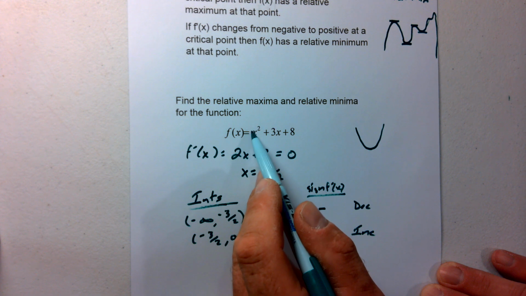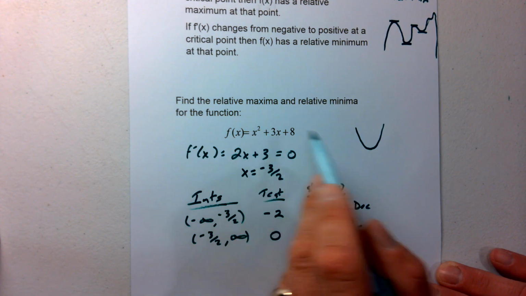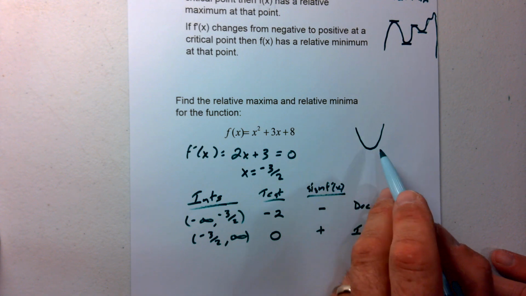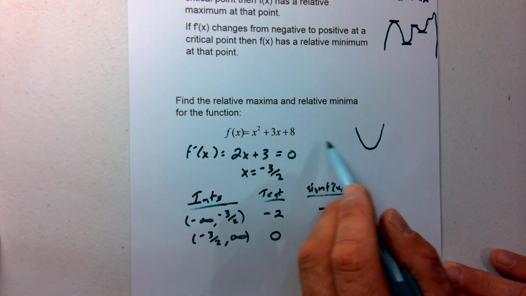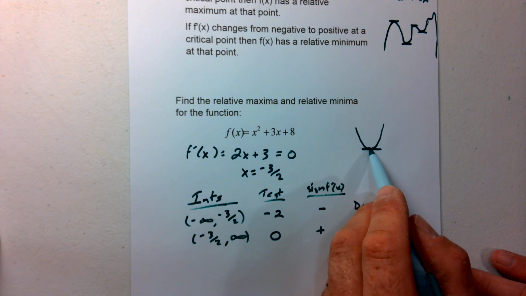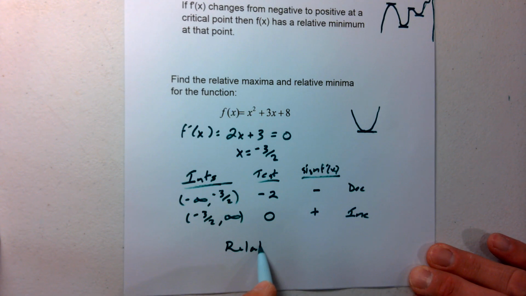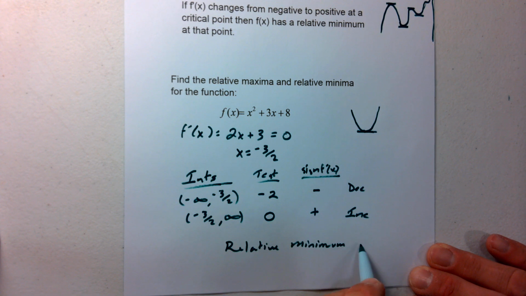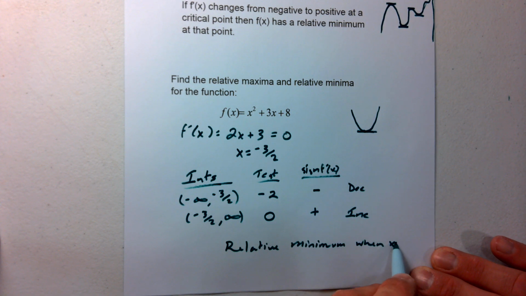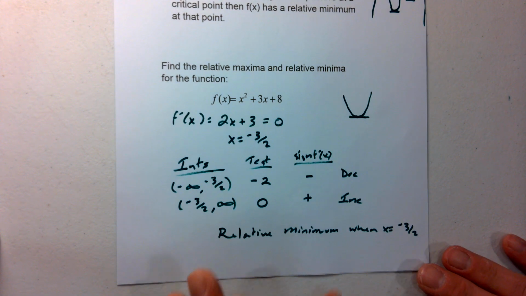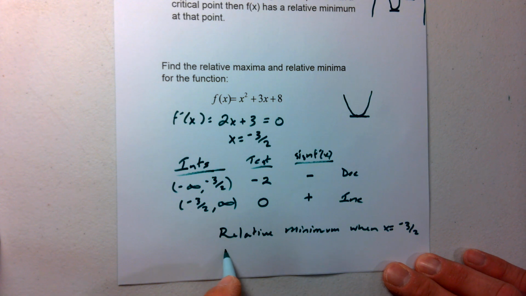My a value, my leading coefficient, is positive. So I'm going to be opening up. So I should, as I think about my polynomials and my characteristics of them, see that we have a minimum value. So we say that we have a relative minimum when x equals negative 3 halves. We can take this a step farther and say that it is,